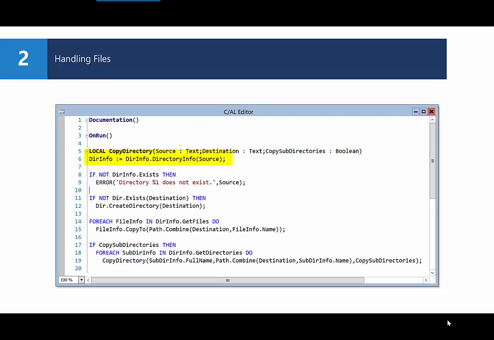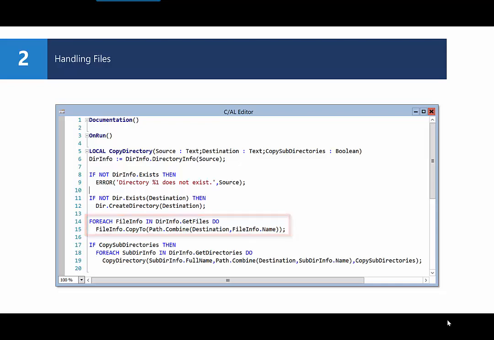The dir.info class gives us the source directory. With the directory class we create a target directory if it is not existing. Using the for each command we loop through all files of the source directory. The getFiles method returns a list of file info objects that points to a single file in the list. The file info class has a method copy_to to copy the file to a new destination. The destination is a complete path that we combine using the destination directory and the original folder name with the